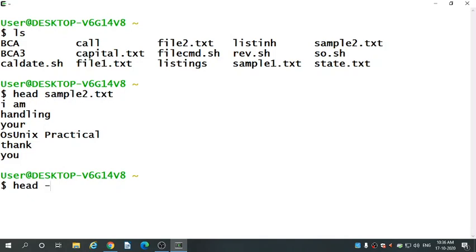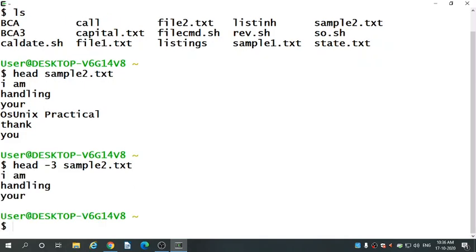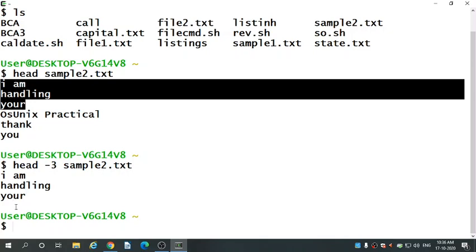Head command -3, then your file name sample2.txt. Then see, these 3 lines are printed on the terminal.